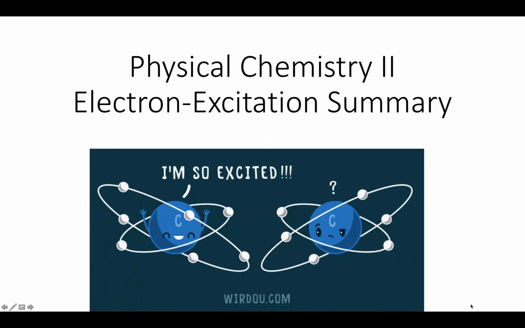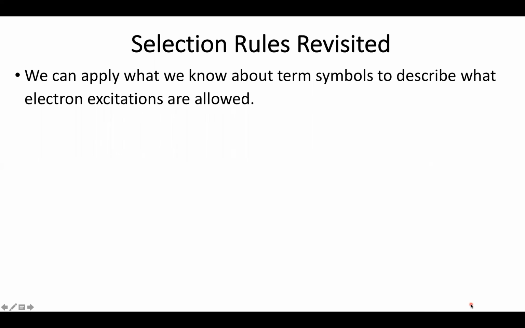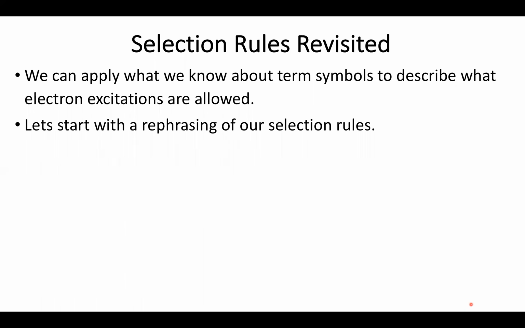So we're going to start by revisiting our selection rules, and we're going to be doing this a little bit this time in terms of our new term symbols. So let's start with what our old selection rules were. And you're going to notice we're going to have a couple little twists now. So first of all, for an allowed transition, my spin can't change. So if an electron starts up, it will stay up because the photon won't change anything about my